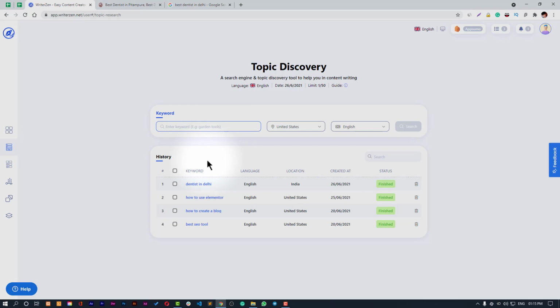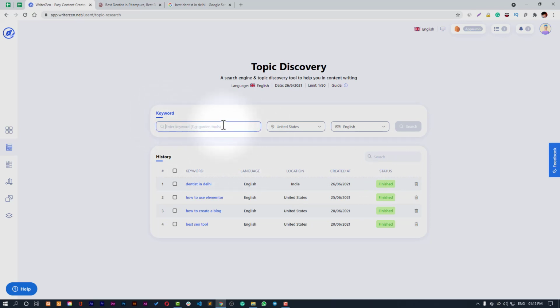It will be saved and you can also delete them and you will get the status out of them. If you have more history, it will probably give you pagination, and there is also a search option if you had earlier searched for any keyword.